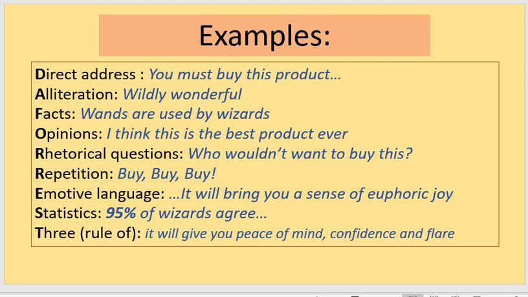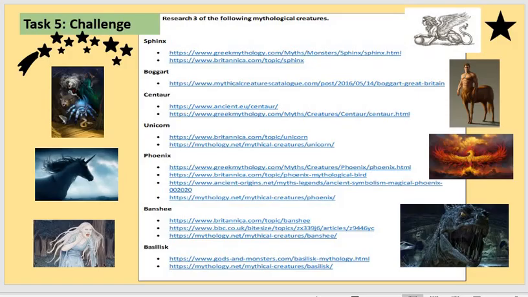So you might want to do a bit of extra work, something a bit more challenging. So for those of you that would like to do that, here is your Task 5, challenge. Now this is a little bit more meaty, a little bit more challenging, hence the title. And I would like you to research 3 of the following mythological creatures. So you have the option of a sphinx, a boggart, a centaur, a unicorn, a phoenix, a banshee and a